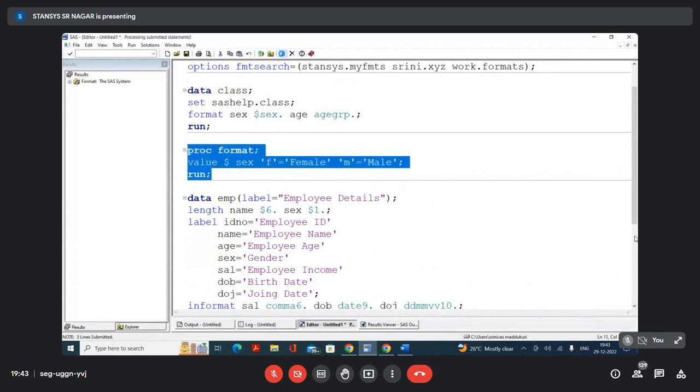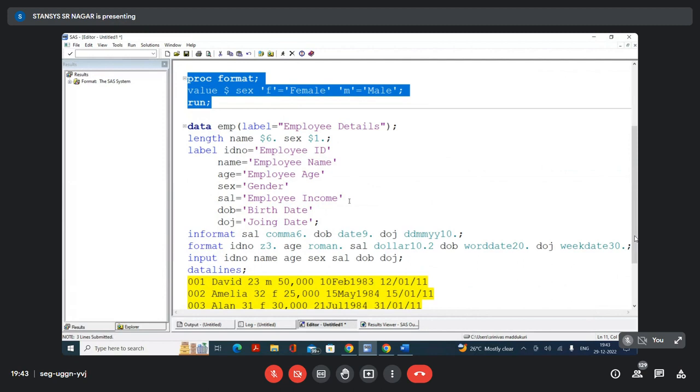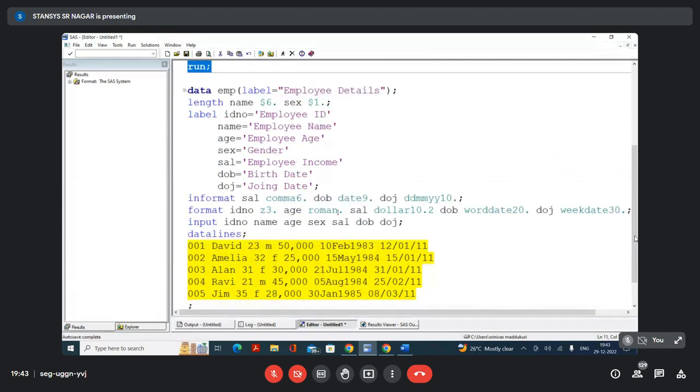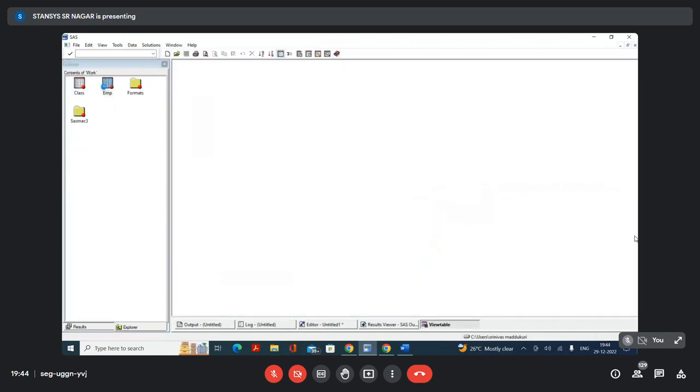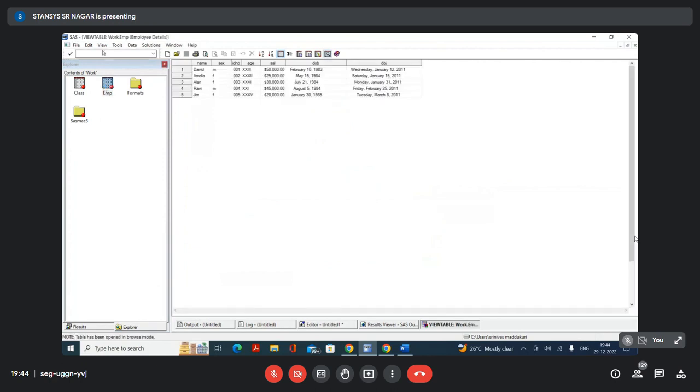Yes. Now I selected the program and executed. Now I want to apply the format. So in the format statement, here I am writing the sex variable, $sex. Now, if I select the program, execute the program, and go to the work library, I'm going to have the EMP data set. Can you see? Yes. If I go to view,